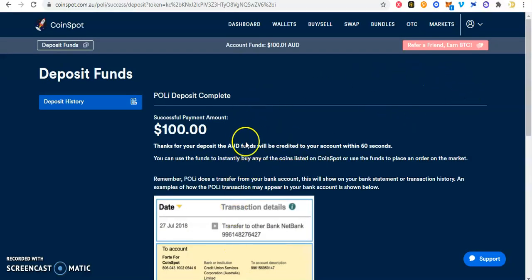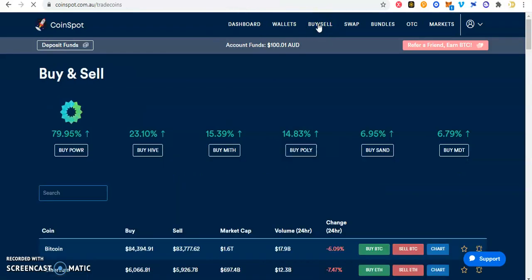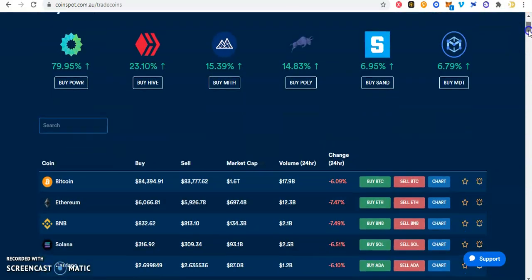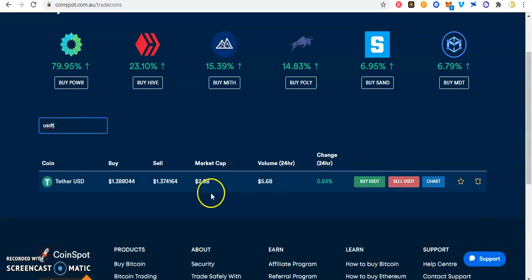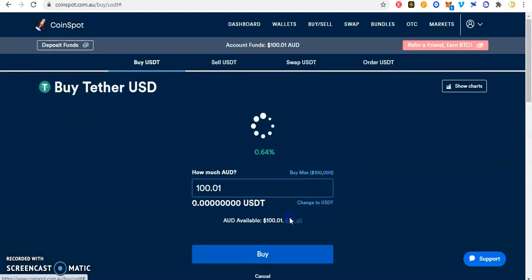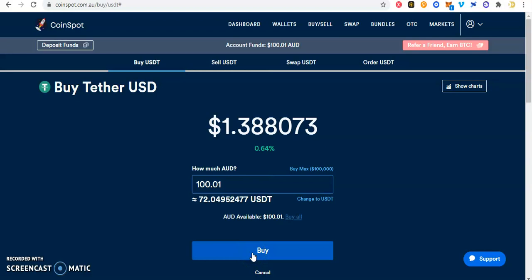And then it tells you, thank you for your deposit. It will be credited in 60 seconds. That's pretty quick. Okay, so now that you have the funds sitting here, the next step is to buy crypto. So CoinSpot makes it pretty easy. Now I'm going to buy a stable coin called USDT, just to make it easy. So buy USDT, buy all, and